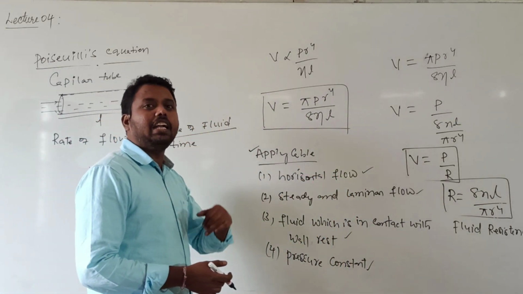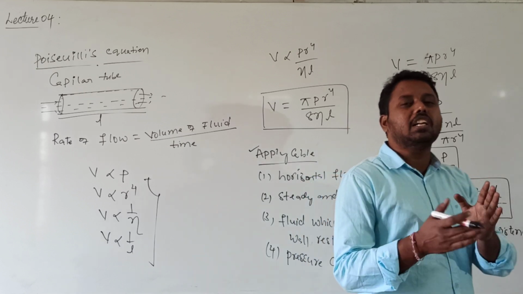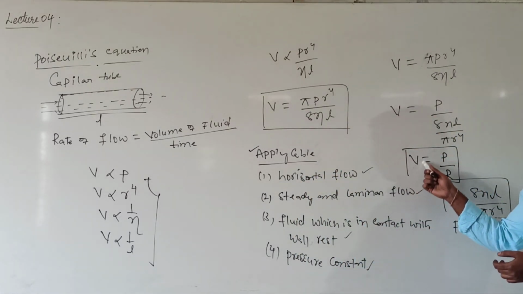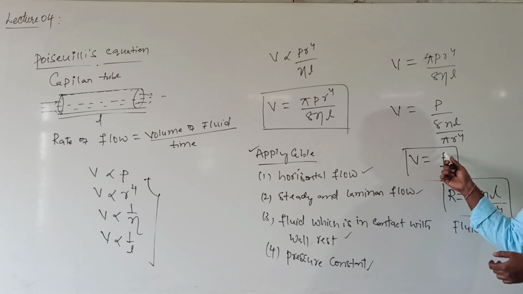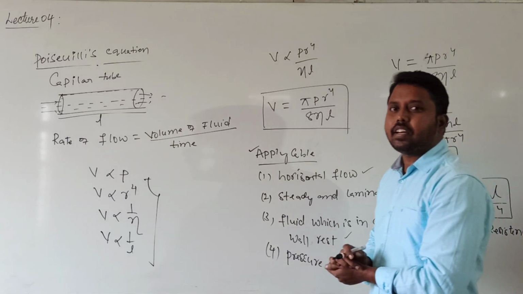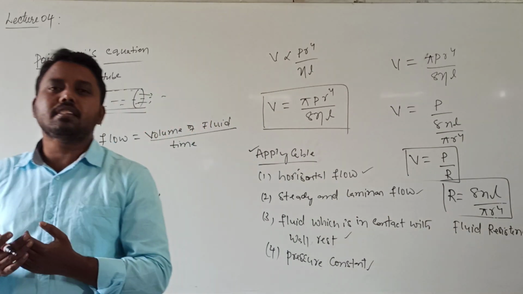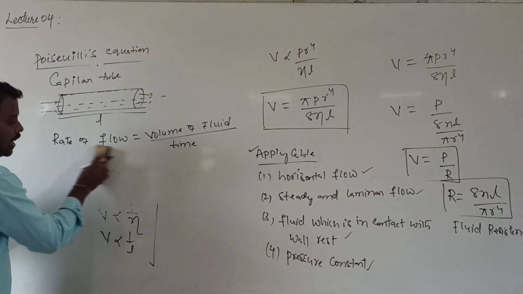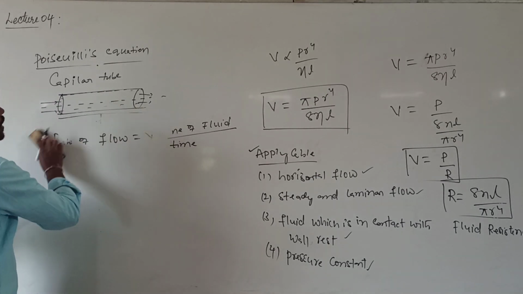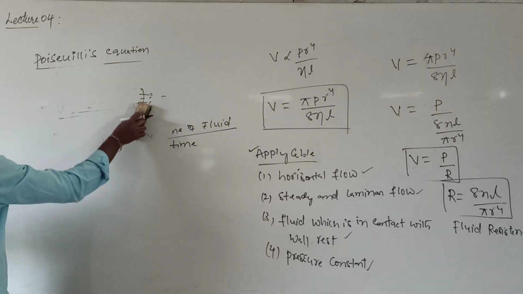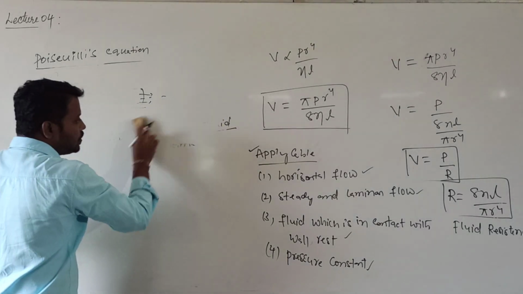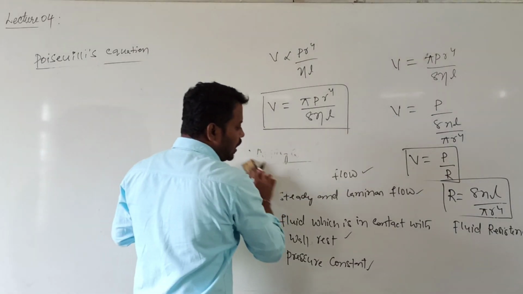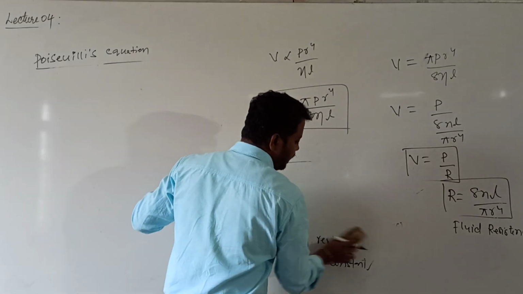Generally, the rate of charge flowing is called current. So here the rate of fluid flowing is V. So V is equal to P by R. Okay? So in your lower classes you studied resistance, series and parallel combination. Now we will study combination of tubes, capillary tubes. In how many ways can the tubes be connected?